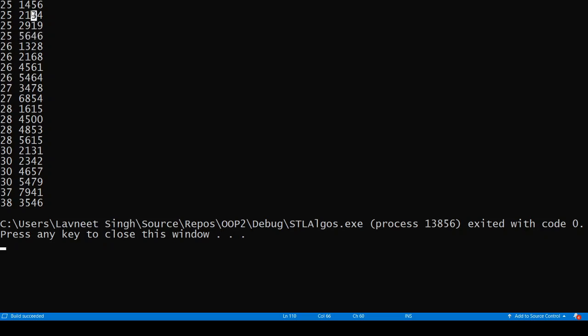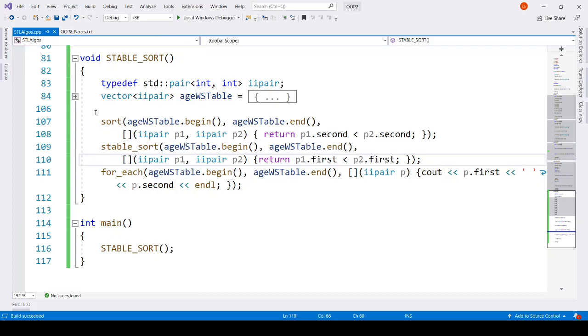So this way we can use stable sort to internally implement a multi-column sorting feature in an Excel-like program. So that is a very nice application for the stable sort I wanted to discuss. Hope you liked it.